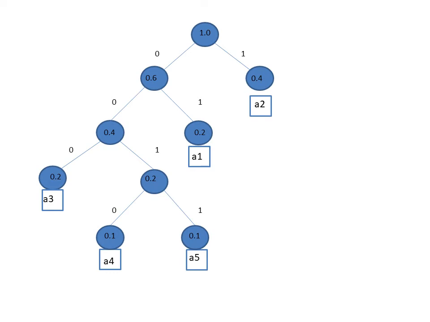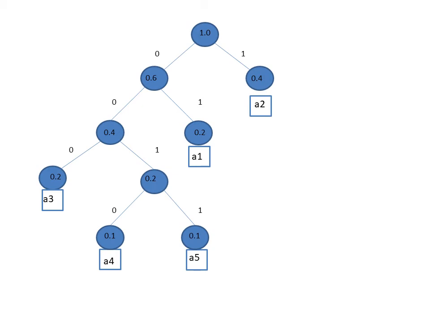Now when you are traversing, how do you find the Huffman code? When you are traversing from the root node to the leaf node, you just read the weights of the branches that you traverse. Okay, and these weights of the branches will give you the code word for that particular symbol. Like suppose from the root node we go down to the leaf node A3. Okay, so what do you have? All the branches are carrying the weight 0. Okay, so A3 will have the code word 000.